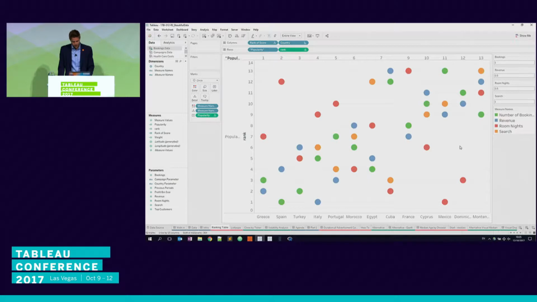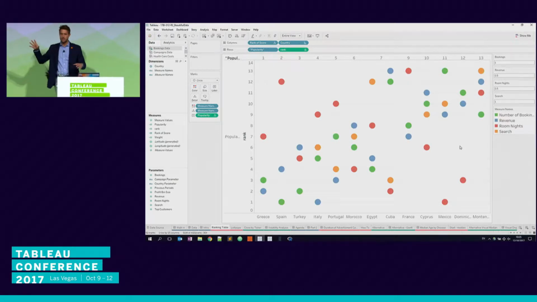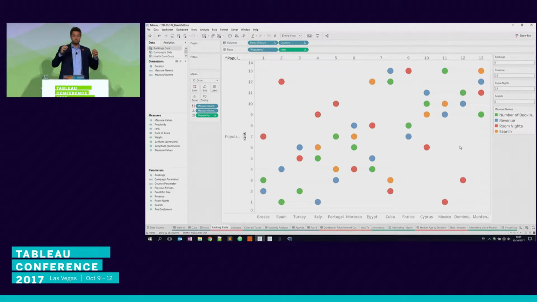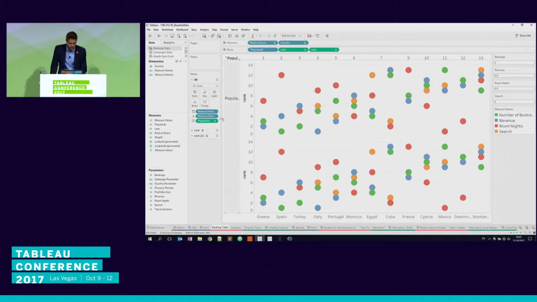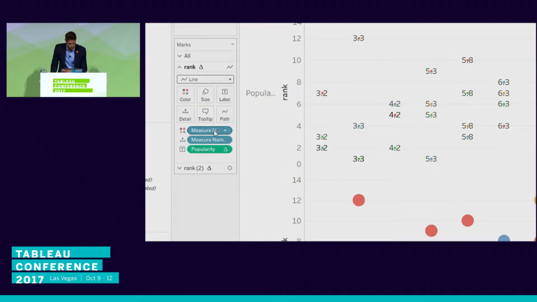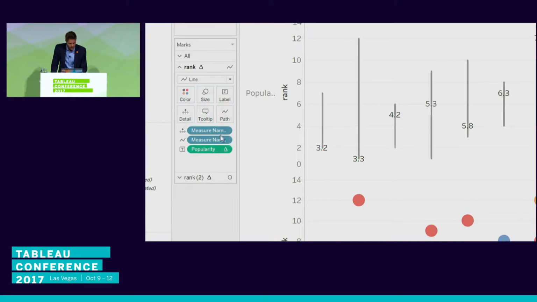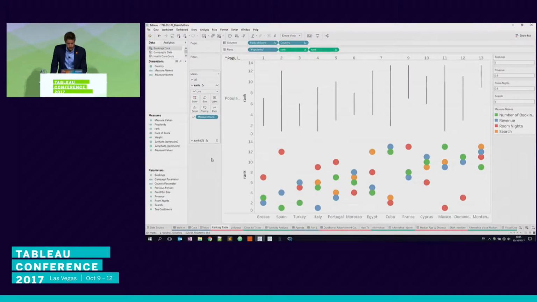Etc. When I have this type of chart, by the way, I can group points that belong to the same country, in this case, together, using a lollipop chart. And I'll show you how. So I'm going to duplicate rank, and one of them is going to be a line with measure name on path and nothing else. At this point, dual axis,